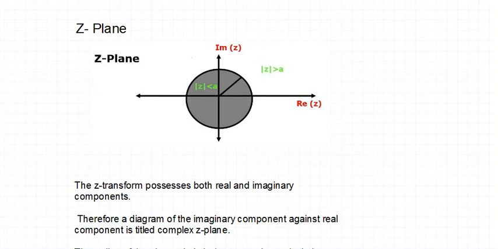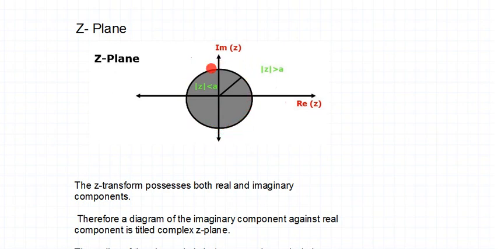Similarly, we have a Z plane in Z transform also. Okay, we have a Z plane. So what are the axes of the Z plane? You could see here the X axis of the Z plane is real part of Z, and the Y axis is imaginary part of Z. So it is real part of Z versus imaginary part of Z, right? And what does a Z plane comprise of? Z plane comprises of a unit circle. Z plane is actually consisting of a unit circle. Everything, the stability, is commented on the basis of this unit circle.